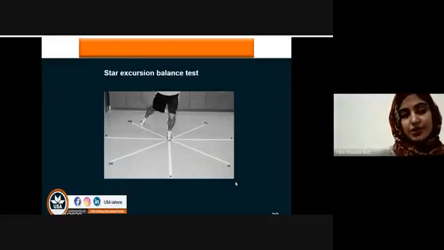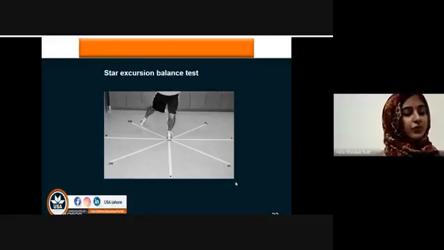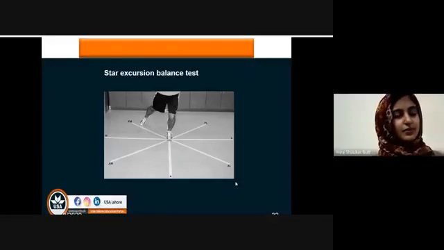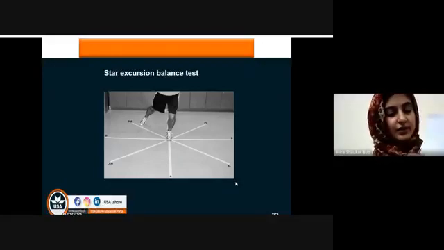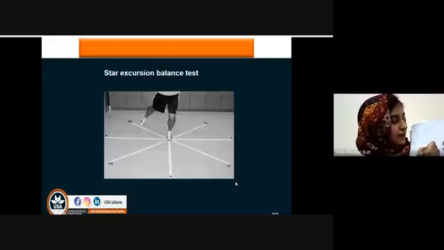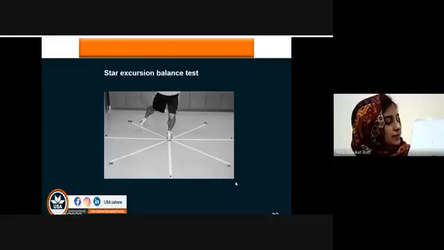Then comes the star excursion balance test. In the star excursion balance test, what we do is make a position. I don't know whether it is visible to you or not, but you can see over here that just like this, we will draw a star. Like this. This will be the anterior, this will be the posterior side. So this will be the medial and the lateral. So this will be the anteromedial, this will be the anterolateral, this will be the posterolateral,